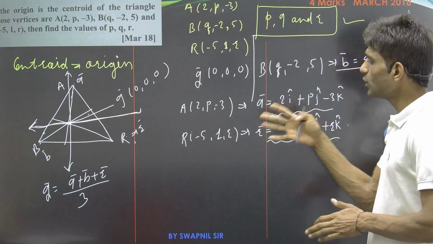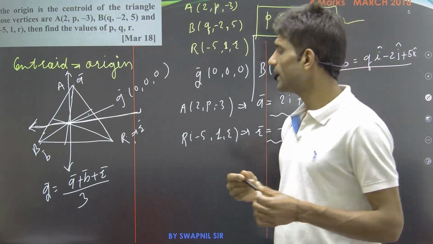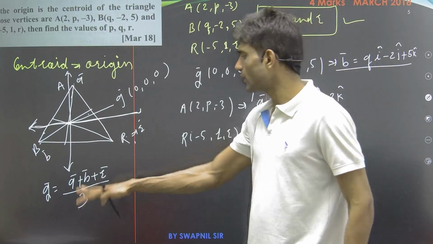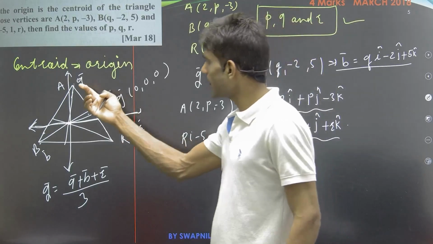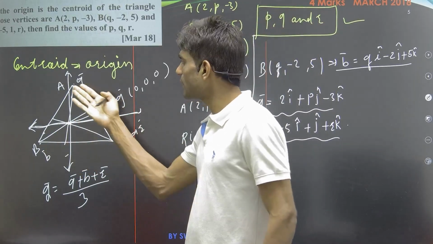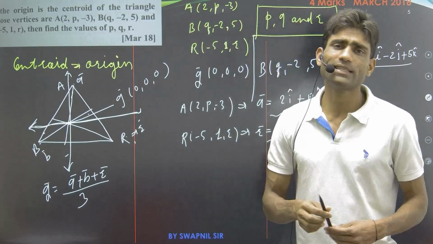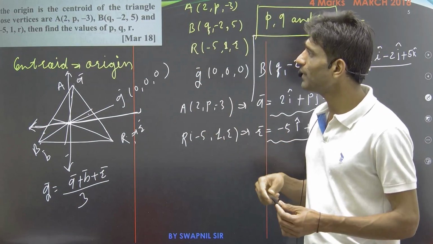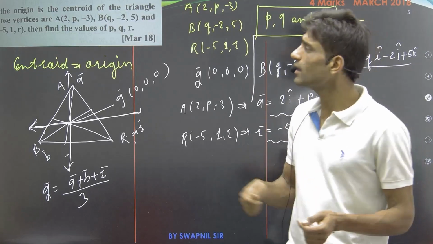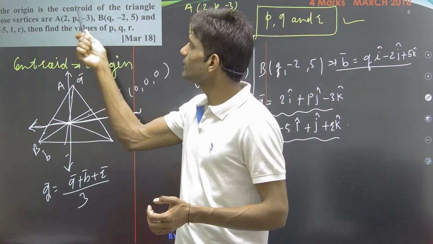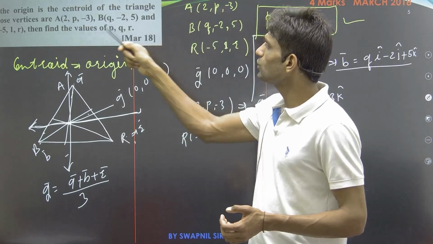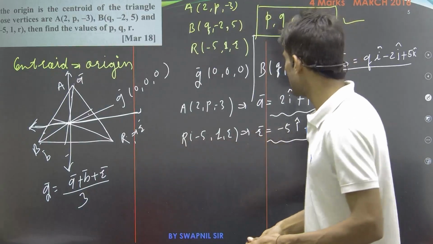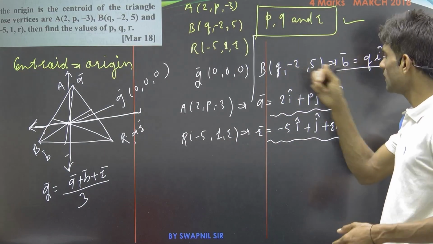As we know, the centroid of our triangle can be written as a bar plus b bar plus c bar divided by 3. Now see that these a bar, b bar, c bar are the position vectors for our vertices capital A, capital B and capital C. And what we want in our example is the value for p, q, r, using the origin at the centroid, whose vertices we have here. Now put all these values in our centroid formula. One more value is left over here, the value for g bar.